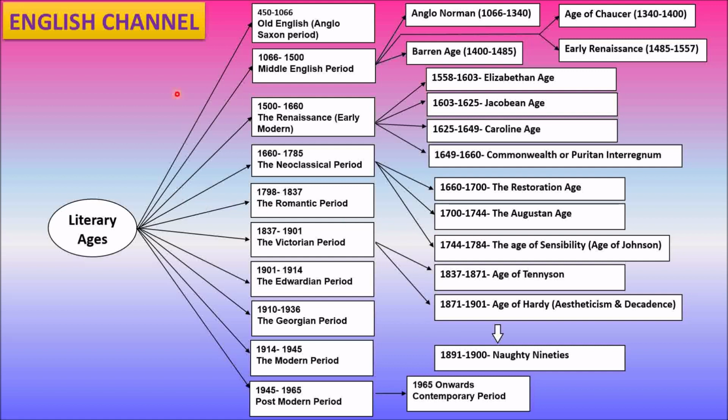You can see the Old English period. The Old English period is also known as the Anglo-Saxon period, which begins from 450 to 1066. The 1066 date is very important for our competitive exams, friends. As we know, the Norman conquest occurred in this time period, 1066. Remember it always, the Norman conquest.